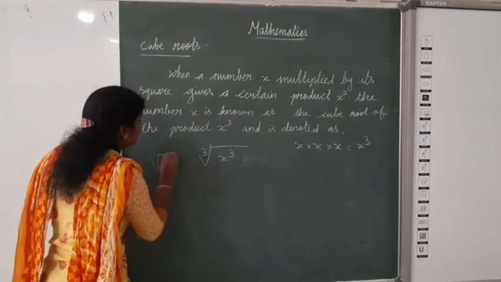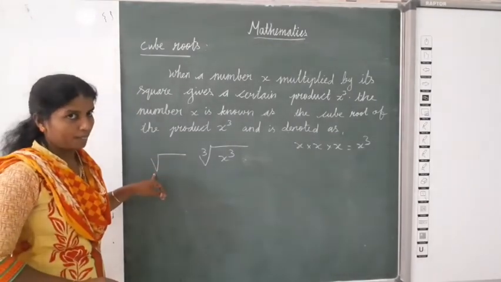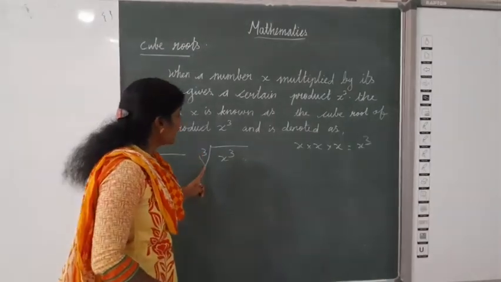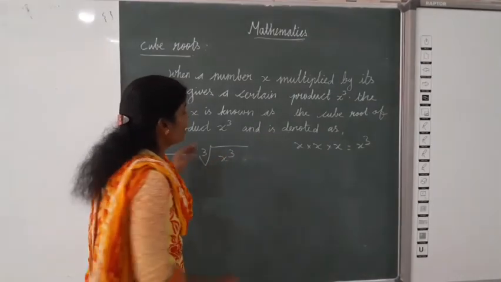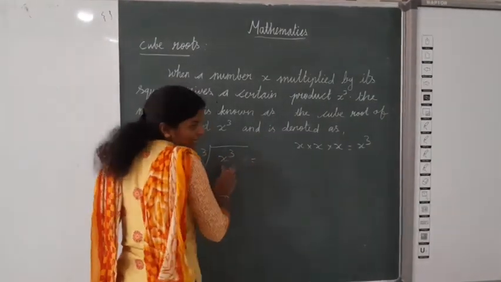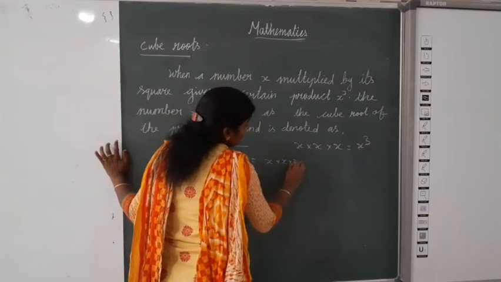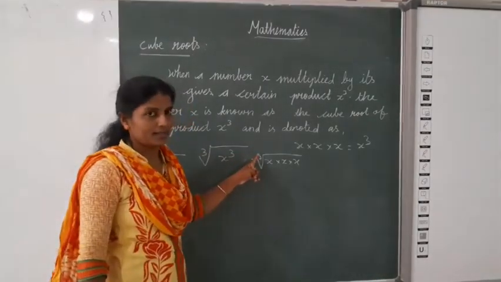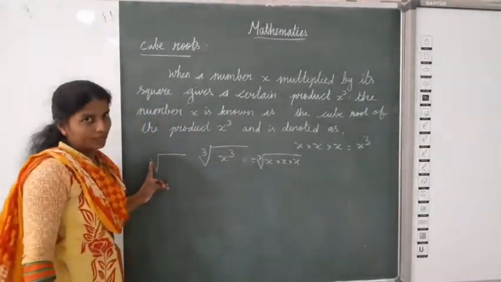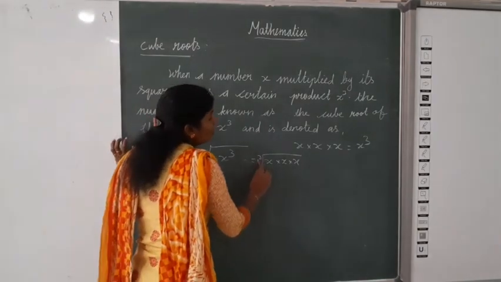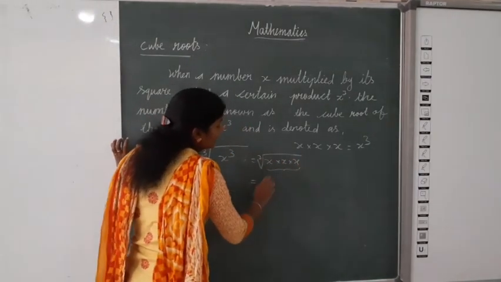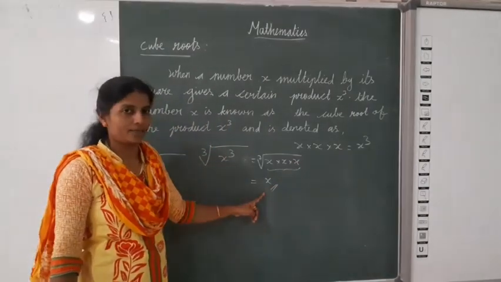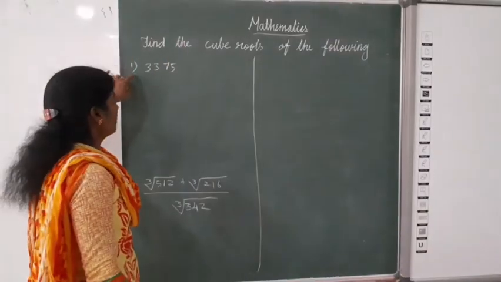Cube root means we can write it here. Square root simply means this. Suppose here we have 3, we can say cube root. Cube root of x cube equal to 3 times x, isn't it? x into x inside the cube root. For a cube root we must mention 3 here, otherwise that means square root. Clear? Okay, now 3 is the cube root means we can take 3 in 1 outside. That answer is x. Cube root of x cube is equal to x. Clear?